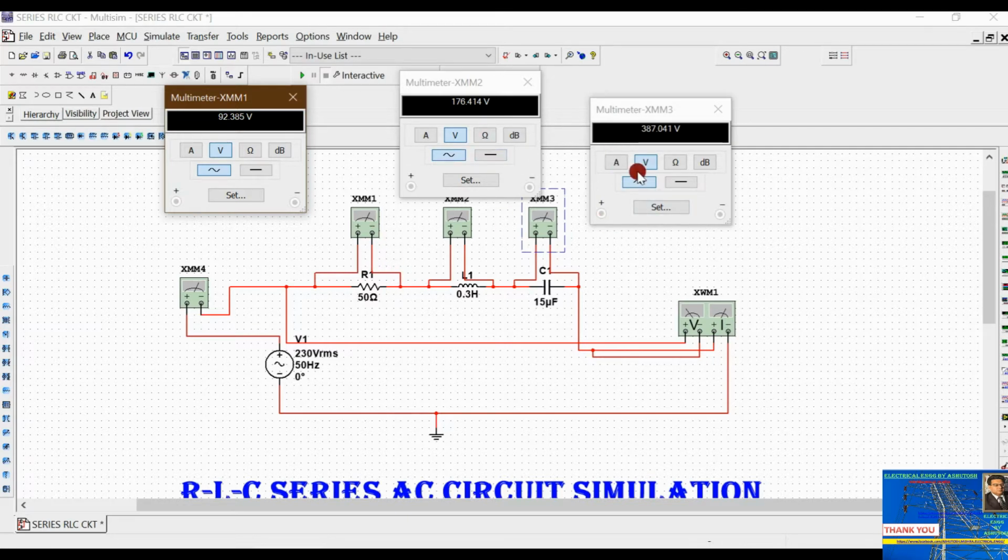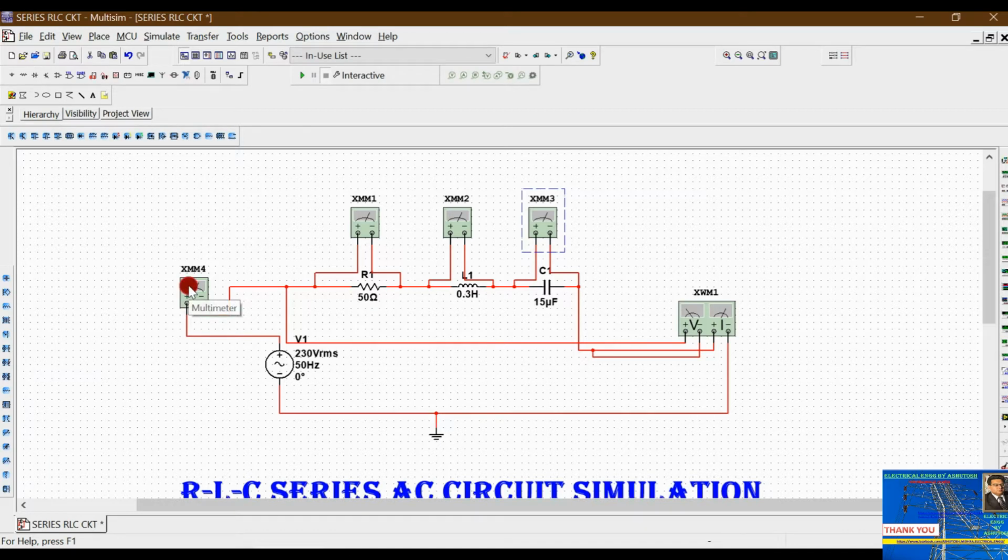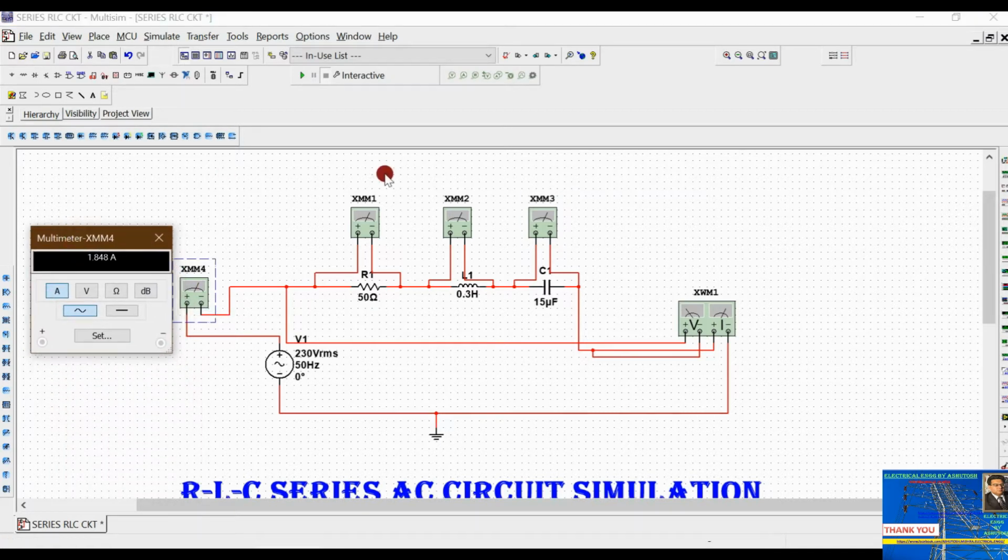Then I have chosen an ammeter in order to read the current. You see, this is the ammeter. I am closing these wizards. So you can see I connected an ammeter. You have to first calculate I equal to V by Z. Can you calculate? Is there a copy and pen with you and also a calculator? If you calculate, this is the answer. We can directly measure all the 3 voltages across these components, and this is the ammeter, which shows the current flowing in the series circuit.